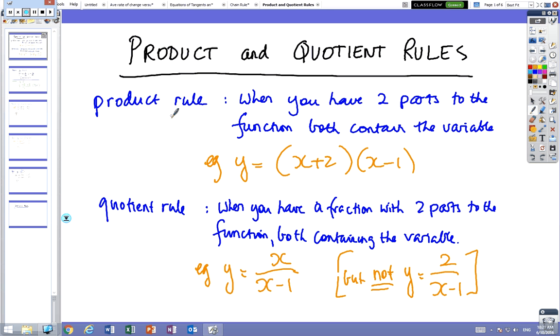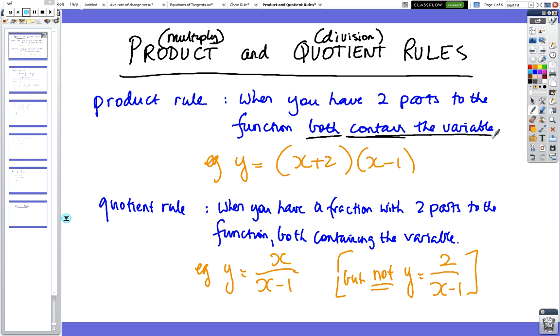Okay, so we're looking at another couple of rules that we can use to find derivatives. These are called the product and the quotient. So the product is a multiply and the quotient is a division. Okay, so the product rule is when you have two parts to the function, but they both have to contain